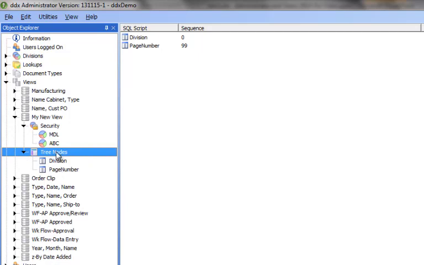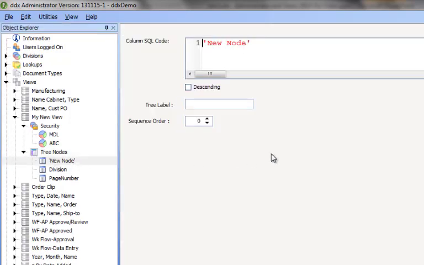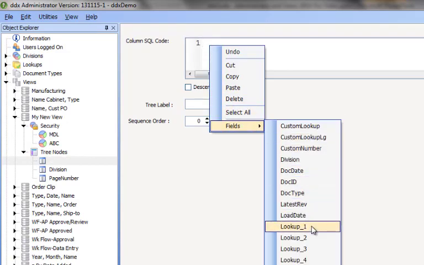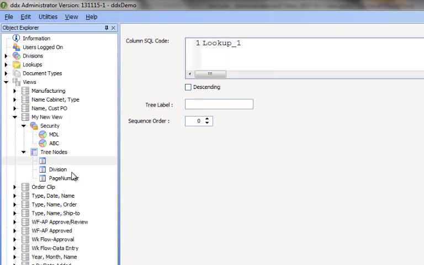Now I can go through and add some other nodes to this tree and develop the hierarchy that I want to see. If I add a tree node here, and I'm going to keep this pretty simple, I know that in lookup 1, that's where all my customer names are. So I want to see this sort by division. Then I want to see customer name on the next level. And I'm going to make this sequence order number 10. I usually space these out a little bit by 10s